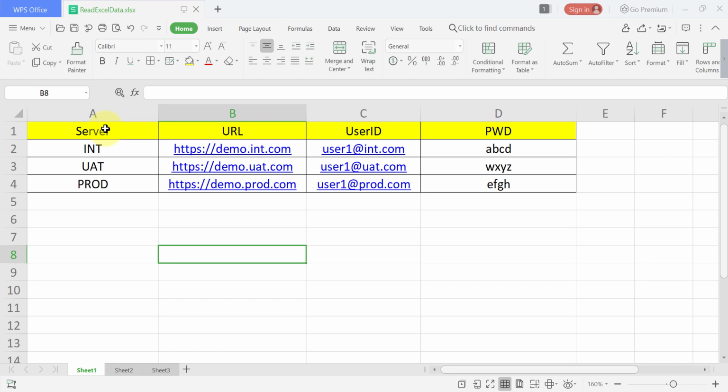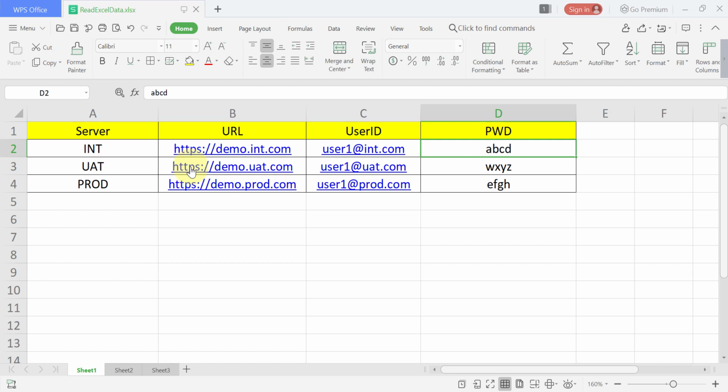My scenario is, let's say I have my automation framework with some 100 test cases. Those 100 test cases I need to run on different servers, which can be UAT server, production server, integration server. There can be multiple servers on which you can run your test cases. For that you will require a different URL, user ID and password for each server. So this will be dynamic in nature. URL, user ID and password depend upon what server you are running your automation on. Accordingly you need to pick the URL, user ID and password.